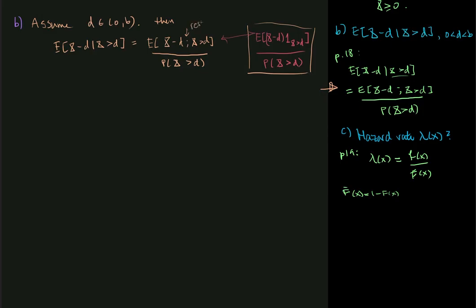So restricted to. And the reason why we call this the mean of x minus d restricted to x greater than d is because of the definition of it. It is the mean of x minus d multiplied by the indicator of the event that x is greater than d. And if we were to calculate that, just the numerator for now, this is equal to the mean of this thing over here, which is the integral of